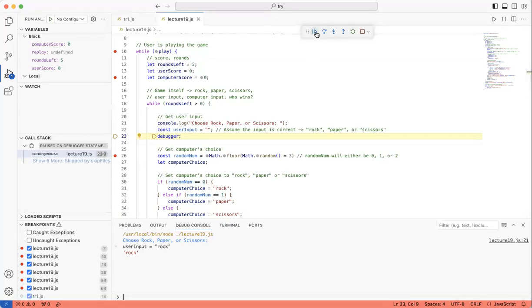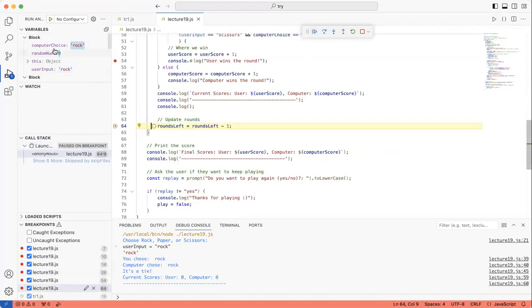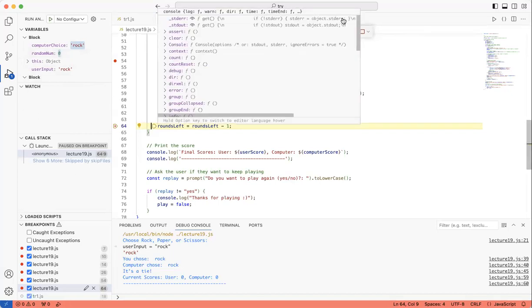All right, so let's continue now to the next line. If you see, I put a breakpoint over here to check the value of this number, random num. Right now, random num does not have any value because we didn't store anything yet. But now if I play this, you see random num becomes 0 because the computer chose randomly 0 as its number.